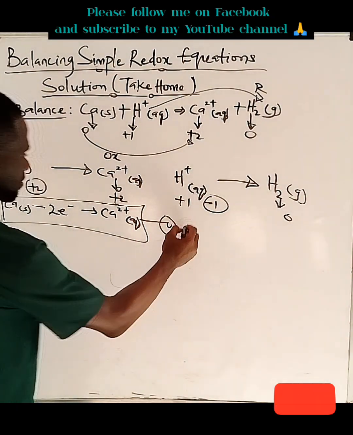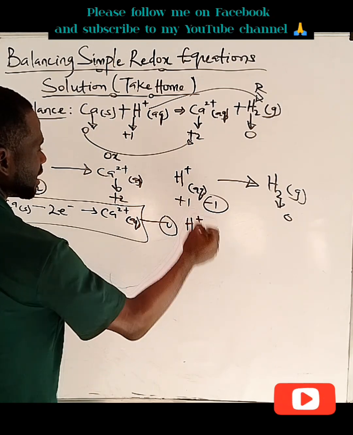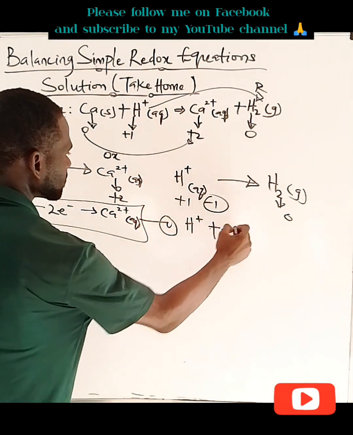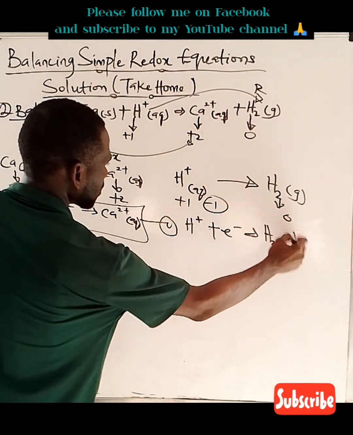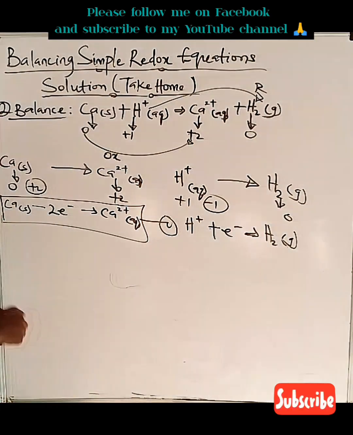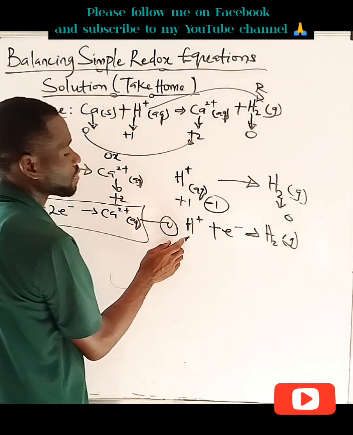So how do we do that? This hydrogen here, which is plus. Now, how do we take off 1 electron? That will be plus electron like this, equals hydrogen gas here, which is what we have. So after we are done with the electron, we're going to see the atoms are balanced. Now on the reactant end,